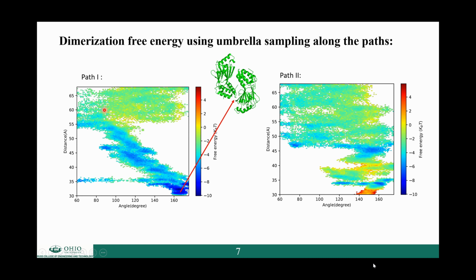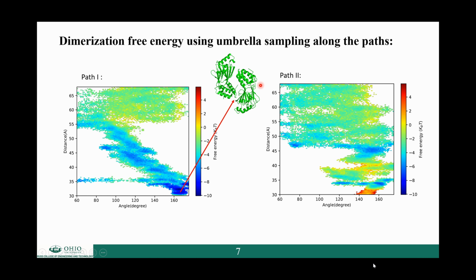Here are the results of the free energy calculation over two reaction coordinates, the distance and the angle that were introduced in the previous slide. As you can see, the color bar at the distance of 70 angstrom is set to be the same over two different paths, since when the two chains of protein are separated, we assume that the energy levels are the same. So as you can see, in path 1, the protein will come through this path until a global minimum at the corner of this figure,